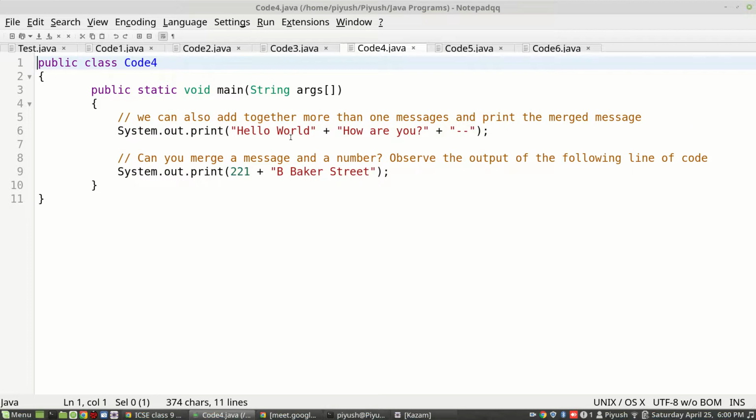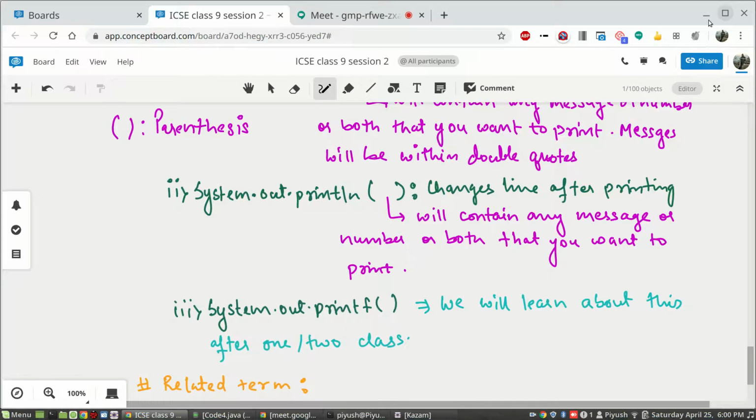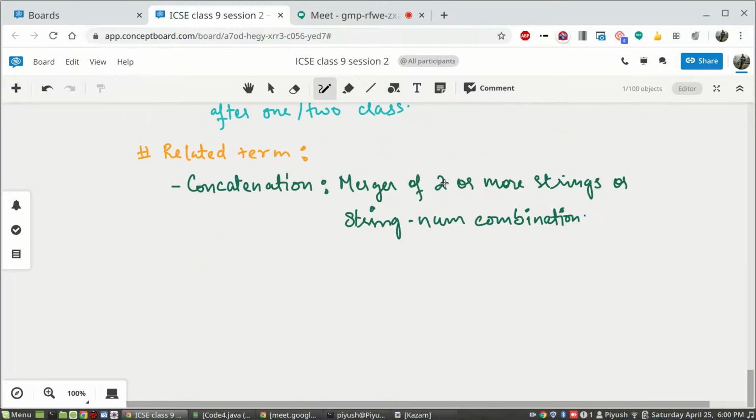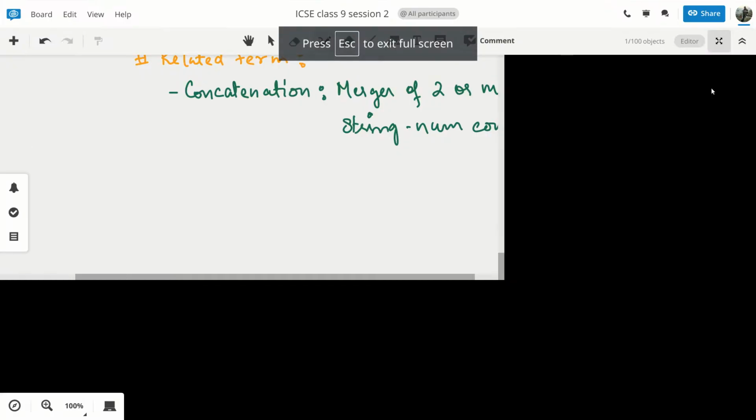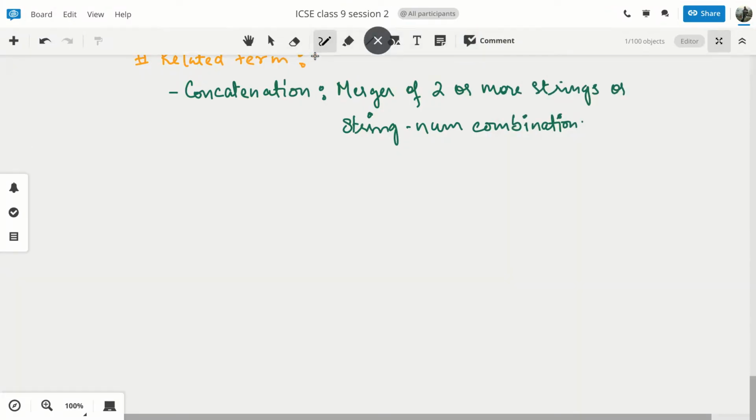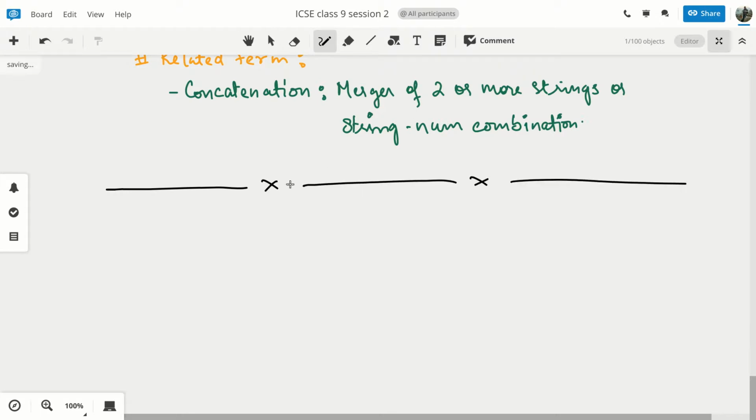Coming to the fourth program. Now, there is one concept in Java where in one single line, you can merge two messages in a single print, inside the parentheses of a single print.